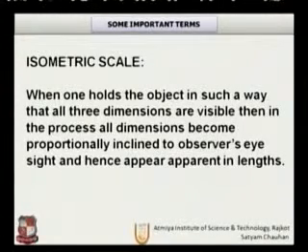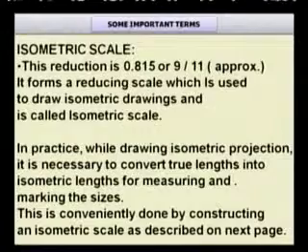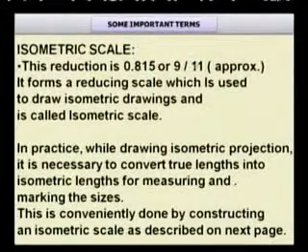When one holds the object in such a way that all three dimensions are visible, then in the process, all dimensions become proportionally inclined to the observer's eye, and hence apparent in length. So basically isometric scale is a reduction. Let us say this reduction is 9 by 11, approximately